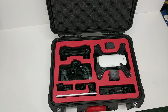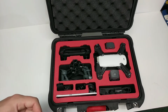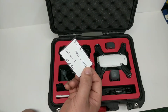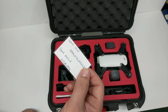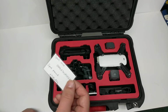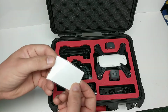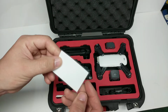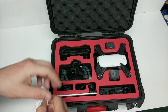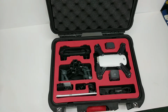Now there are two things that I'm going to add to this, which really aren't necessary. Well, at least one of them isn't. First is my little cheat sheet here, which has my Spark's serial number and Wi-Fi password, so I don't have to memorize it. I can just pull out my little cheat sheet, and I put packing tape on it so it's laminated. It's going to go right in here with the spare props. Very important thing you need next: